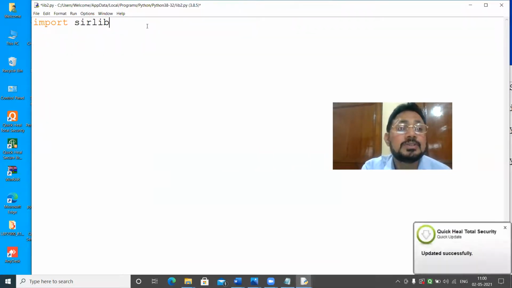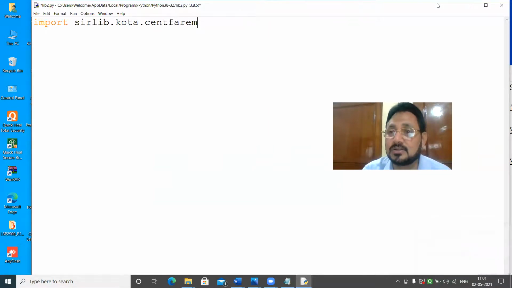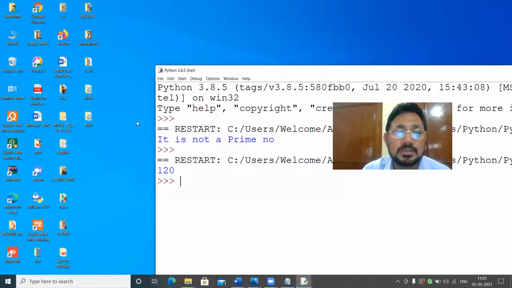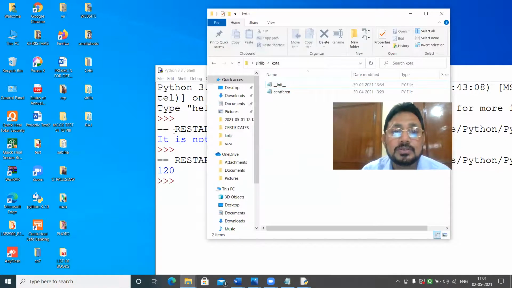Import Sirlib. Then I have to write here quota. Then I have to write send parent. I think this is the name. If not there, then you can cross check it from here. Just switch. Where I have to check here. That's why I have kept my folder here. I think it's okay. Yes. See here.